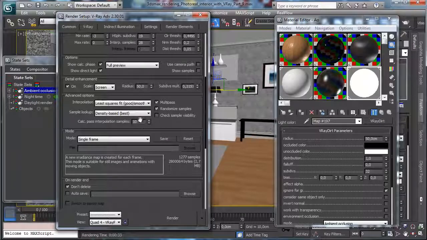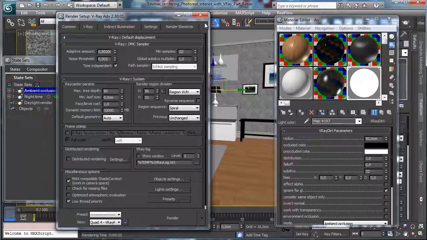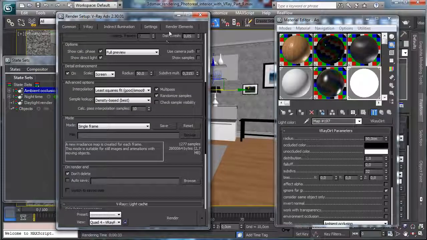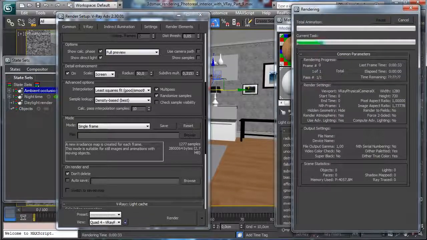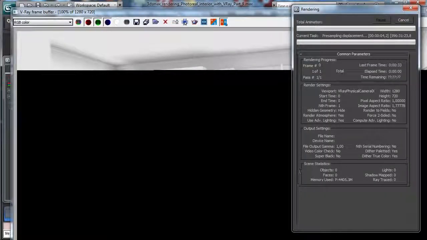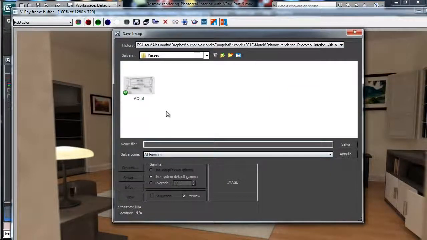No ambient occlusion because we have the separate pass, and 2000 there, and there we can go for 32 and 2, and we can render. Okay, so this one is ready. We can save it. Let's call it night.tiff,